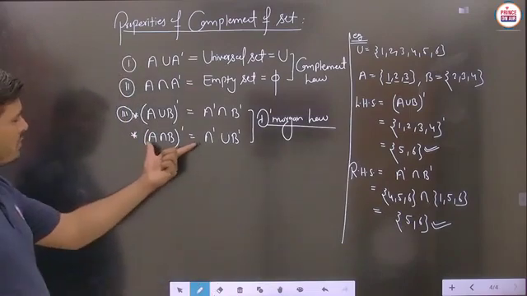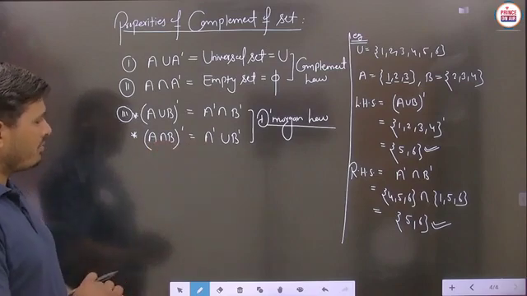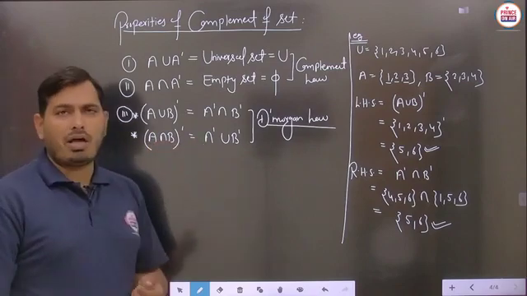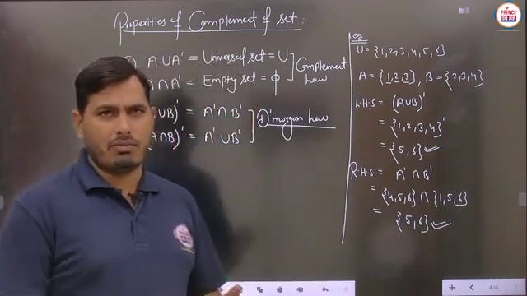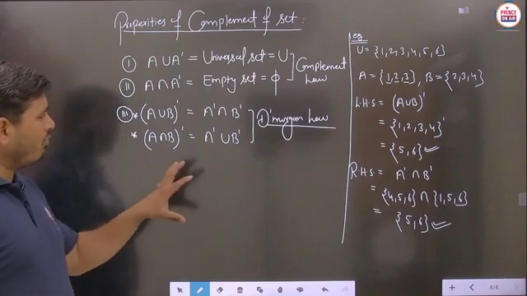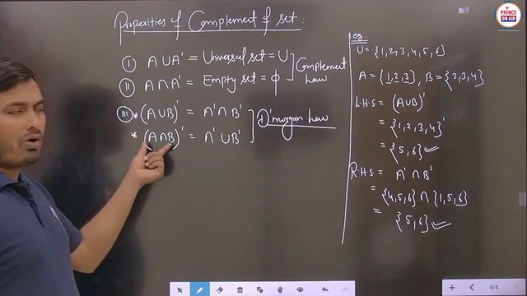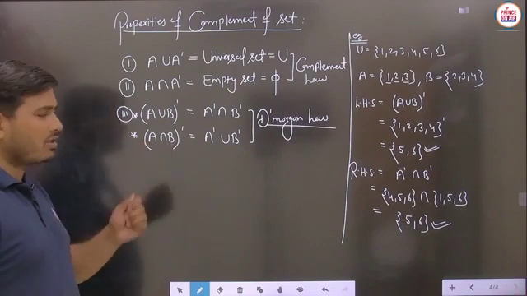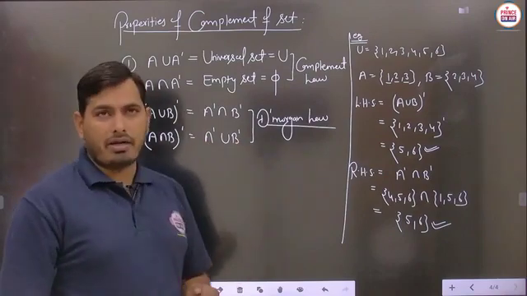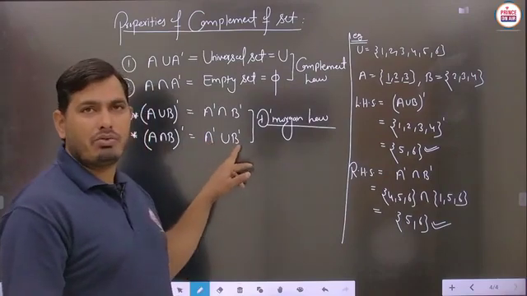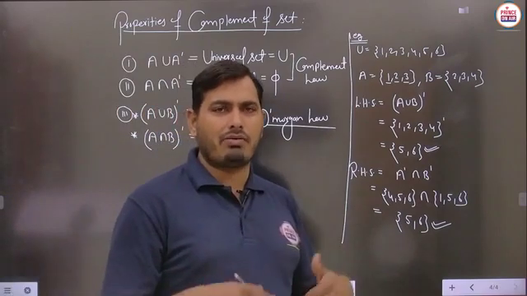Similarly, students, you can prove this also, where first of all we have to obtain A intersection B dash, and then we can obtain the answer of the right hand side. I think you can do these things by yourself, because not much calculation is required to solve these expressions. All the students know very well about A intersection B, so you can easily calculate the right hand side, which is written as A dash union B dash. Each and every student knows very well about the intersection as well as the union.